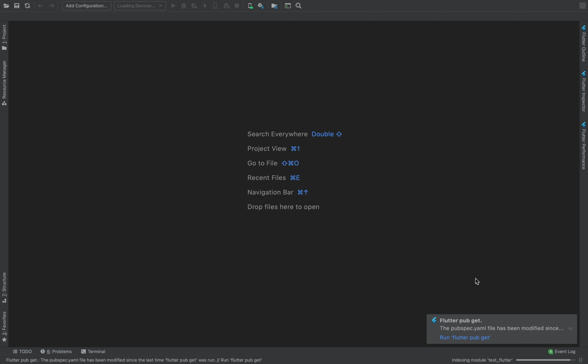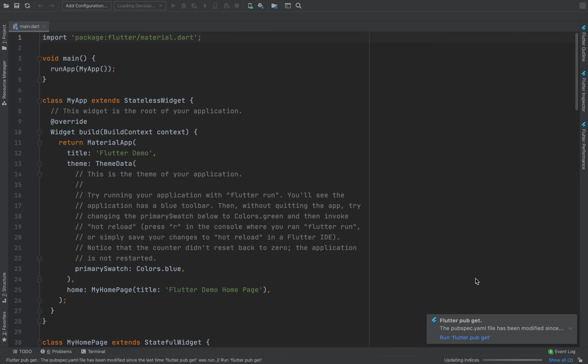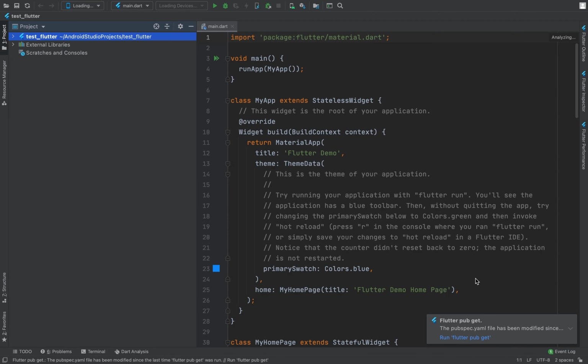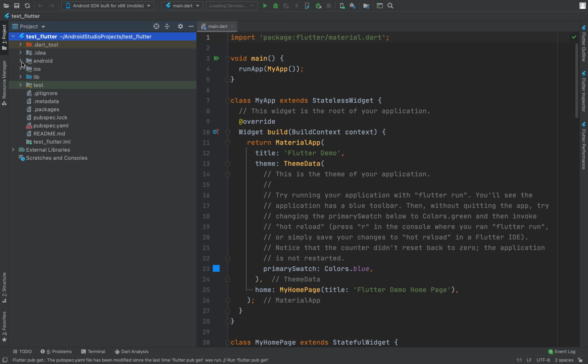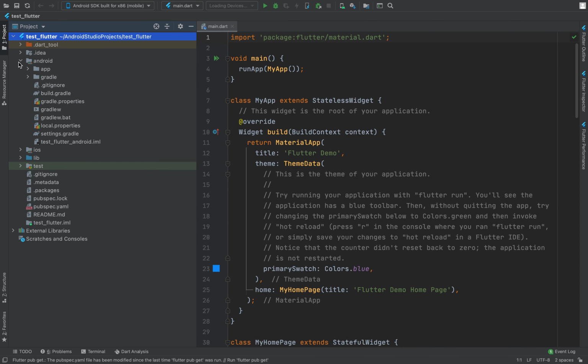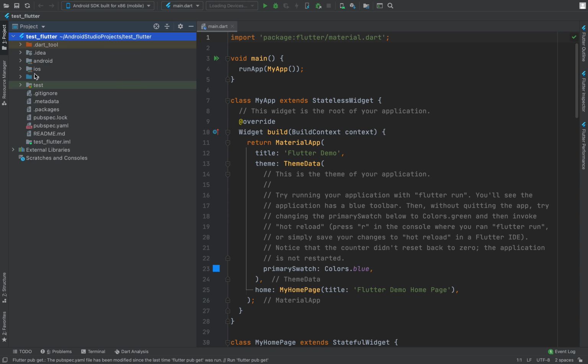So here in Android Studio, we can now see the main.dart file, which we can make use of to actually deploy our app both on Android and iOS. As you can see here, inside this particular project, a subfolder has been already created with the necessary files for Android and iOS by the Flutter framework.